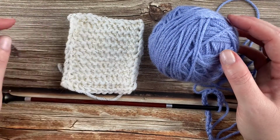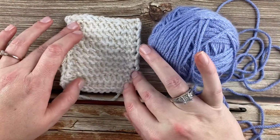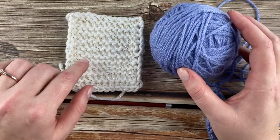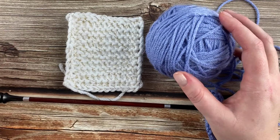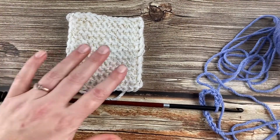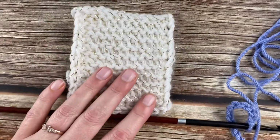This is Sarah, and today's tutorial is the Tunisian Purl Stitch. This is part of our Tunisian Crochet series, and let's just go ahead and dive in on this. So the Purl Stitch, I'm going to go ahead and zoom in a bit,